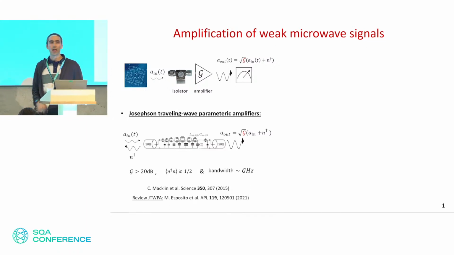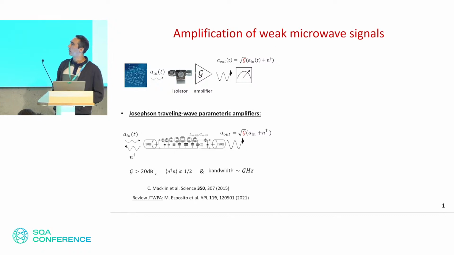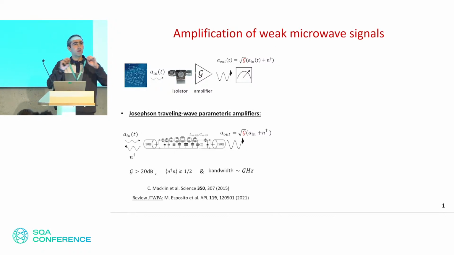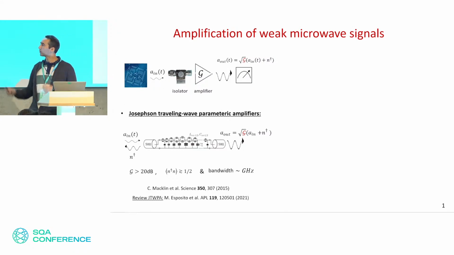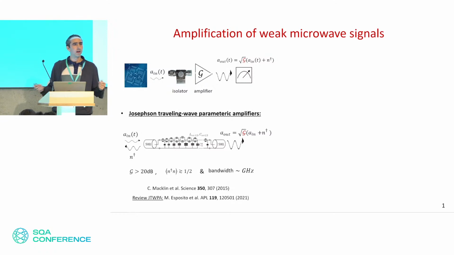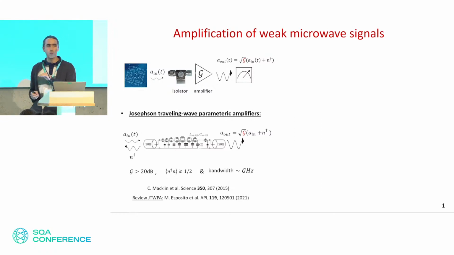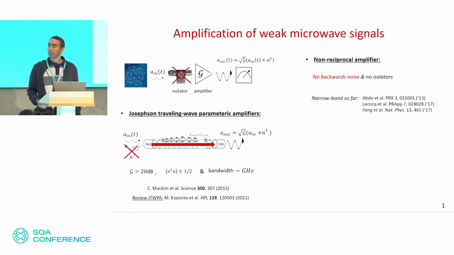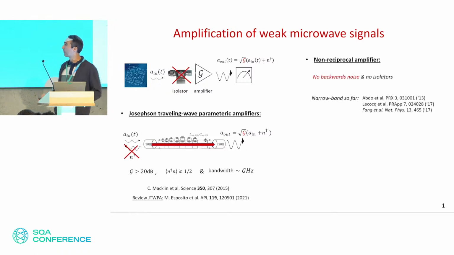One of the most advanced amplifiers available so far are Josephson traveling wave parametric amplifiers, which are built of a carefully engineered array of Josephson junctions. These devices work very well. They have shown nice figures of merit like large gain, near quantum limited noise, and bandwidth on the order of gigahertz. But still, it would be very nice to have an upgrade and make them non-reciprocal,